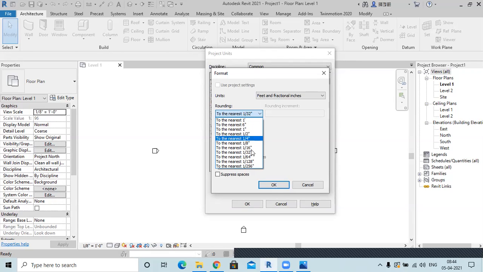Otherwise you can go to 1 by 256 inch of preciseness. That's how much rounding you can go up to. But for this demonstration, I'll keep it at 1 inch. And the feet and fractional inches will be our unit.